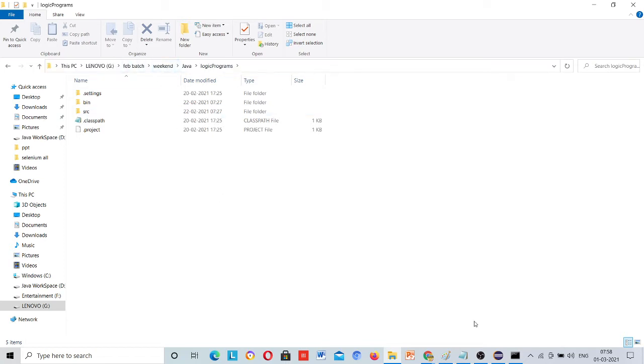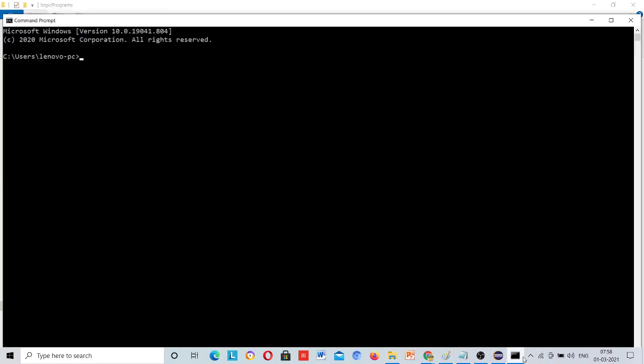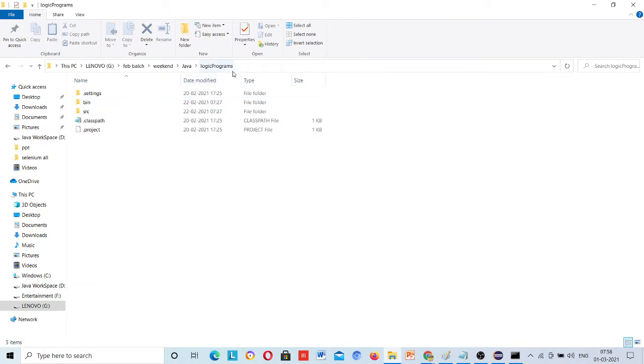So if I am here, this is actually your CMD. Currently you are in C drive. Once you open users, Lenovo PC, this is your code.